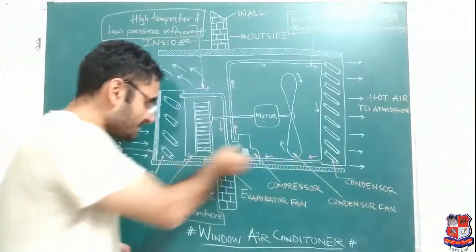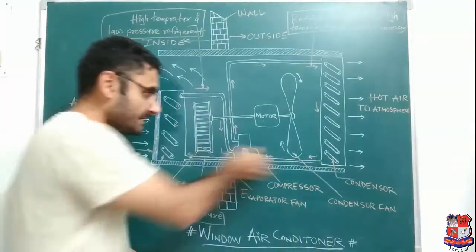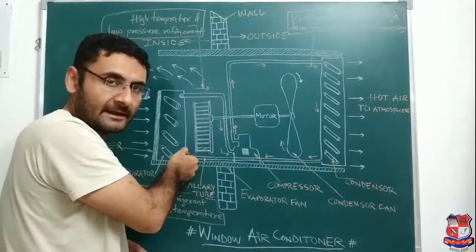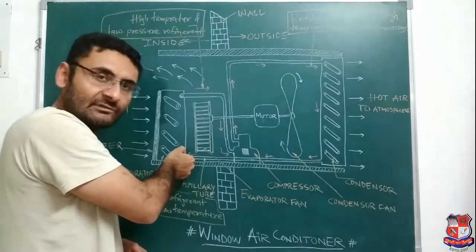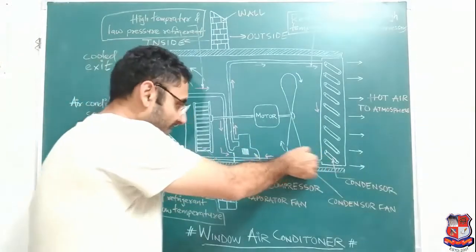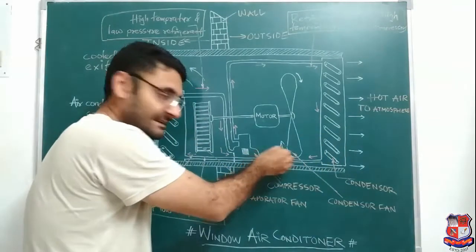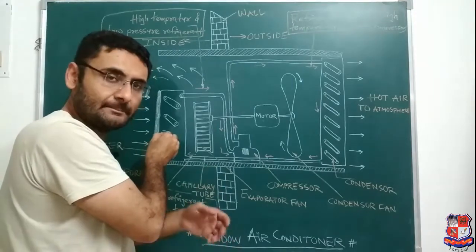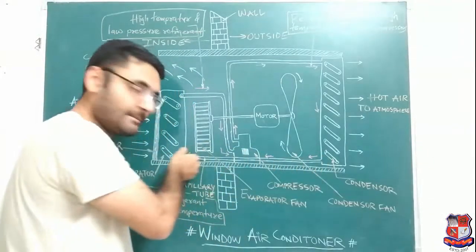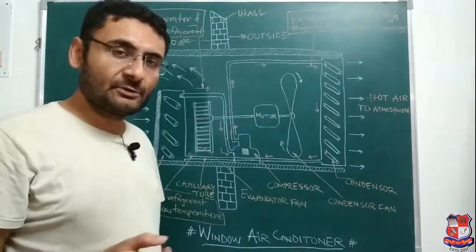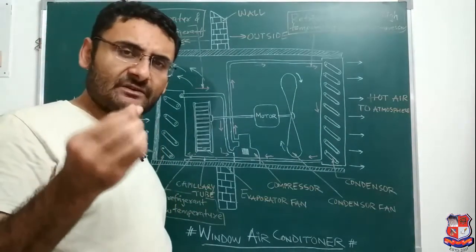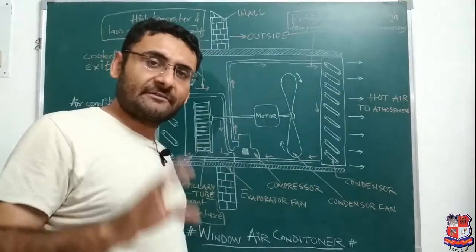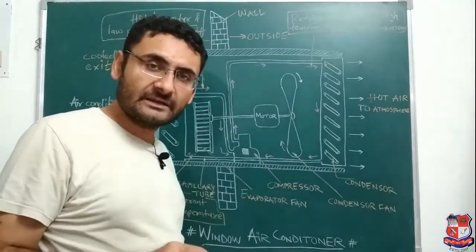The tube which connects the condenser and evaporator is used to expand the refrigerant, that is, to decrease its pressure and temperature. In the VCR cycle, we used an expansion device between the condenser and evaporator, and the capillary tube performs the same function. A capillary tube is a tube with a small hole through which the refrigerant passes, so the pressure and temperature of the refrigerant decrease.